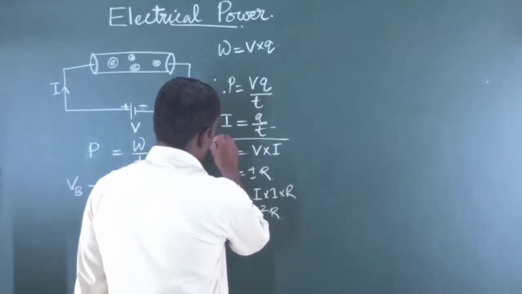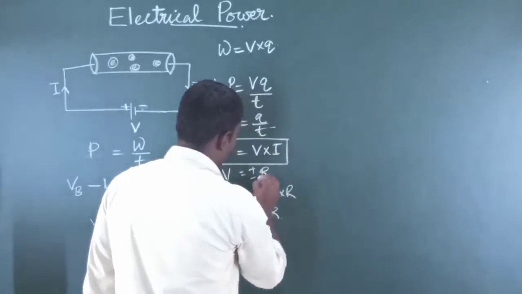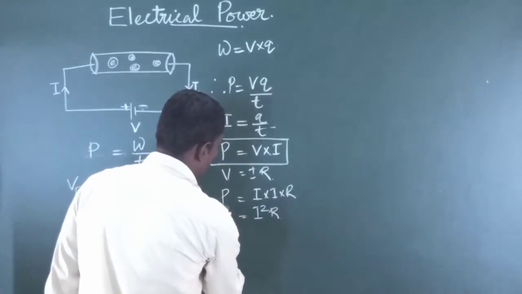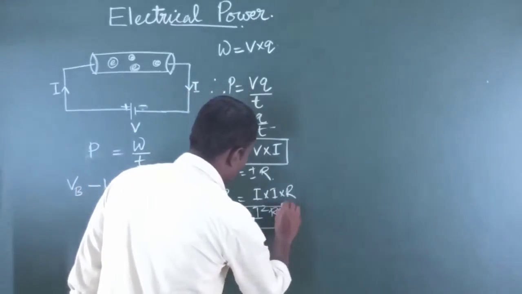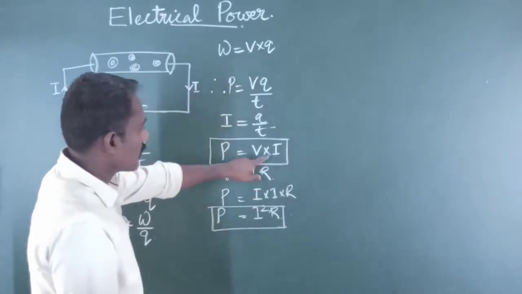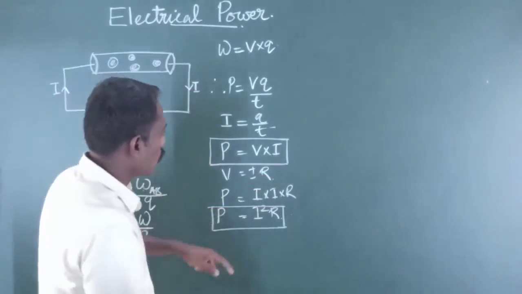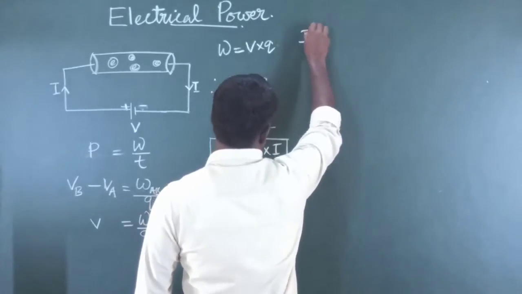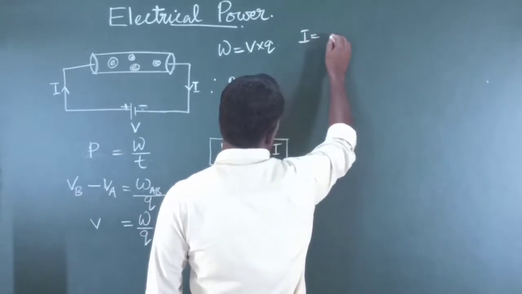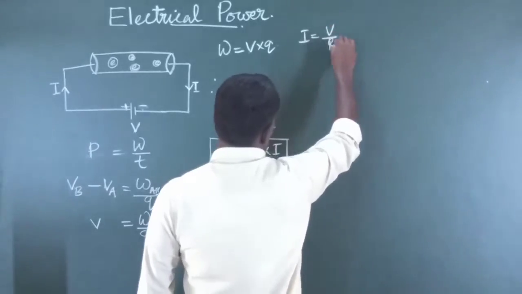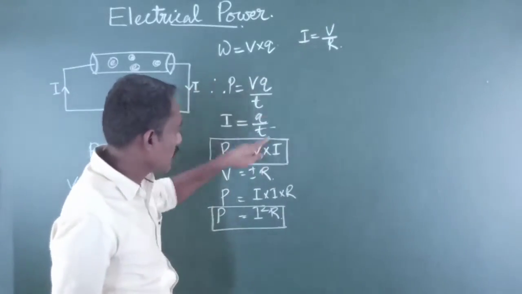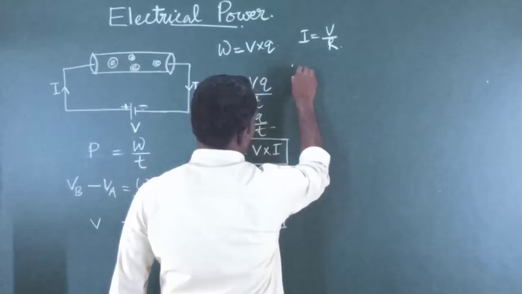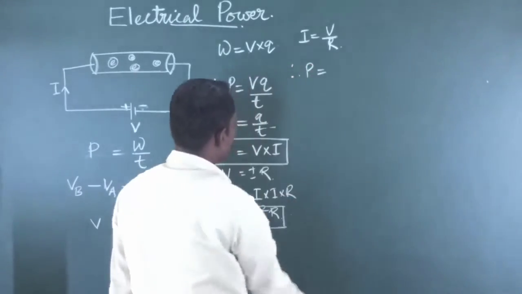So this is one equation for the electrical power, and this is another equation for electrical power. If we substitute the value of I as per Ohm's law, we know that I is equal to V by R. If we substitute the value of I in this equation, what will we get? Therefore, we get the electrical power P is equal to